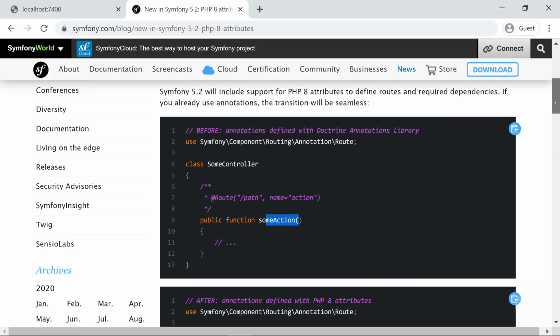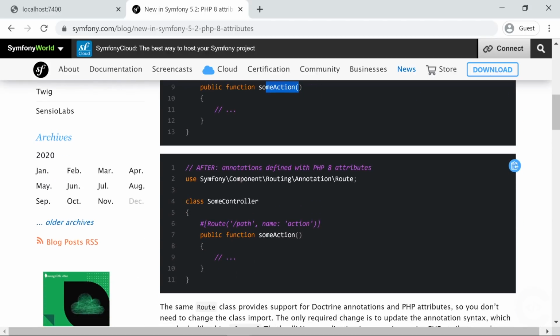method. However, in PHP 8 we can do this using PHP 8 attributes: a hashtag and square brackets, and you specify Route right here, the path, and the name is action. And that name colon is also a part of PHP 8, which is named parameters. This gives huge possibilities, and it's going to be adopted in today's popular frameworks, as I mentioned, and also Doctrine, which is the ORM of PHP, and is fully dependent on doc blocks, and it's going to be changed to use PHP